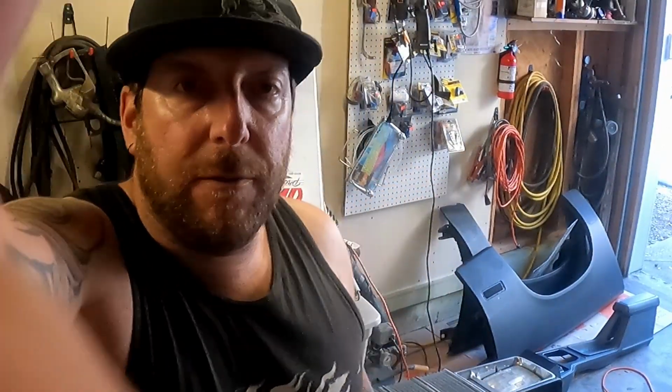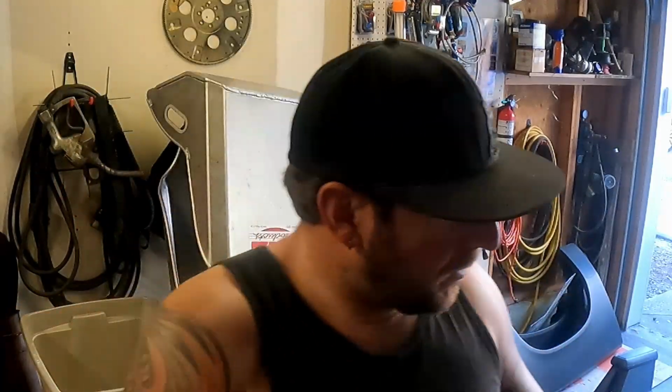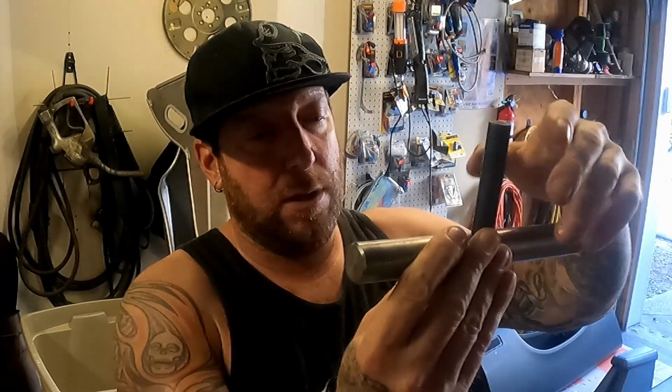Okay, we are ready. Finally got this pinion depth up. Depending on what tool you're using, I use a TD Machine Products pinion depth tool. You simply take your main shaft, set your dial indicator in there, and obviously follow the directions per your tool. This one for GM 12 bolt, you use the longer spline or the longest tip, and then you check it in a vertical position to make sure that once you're on,